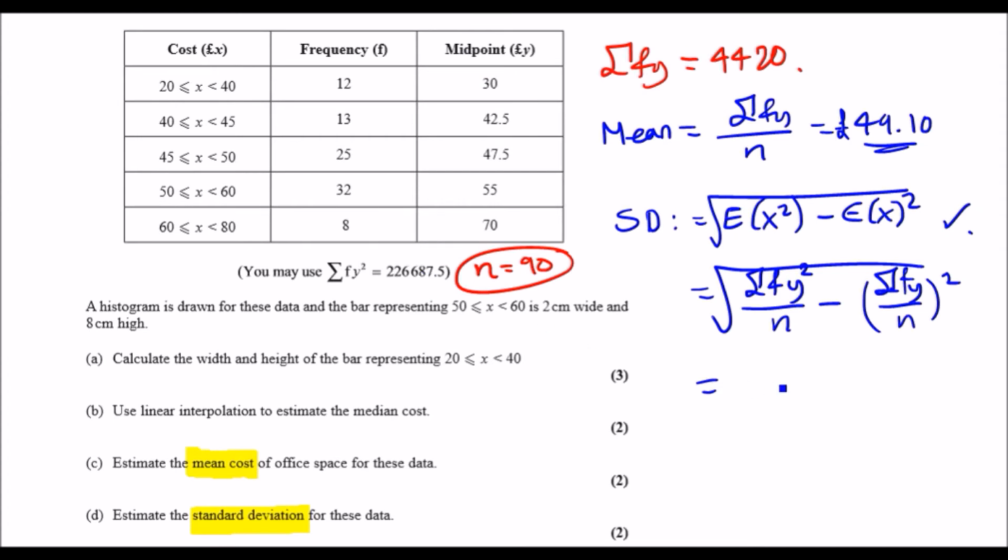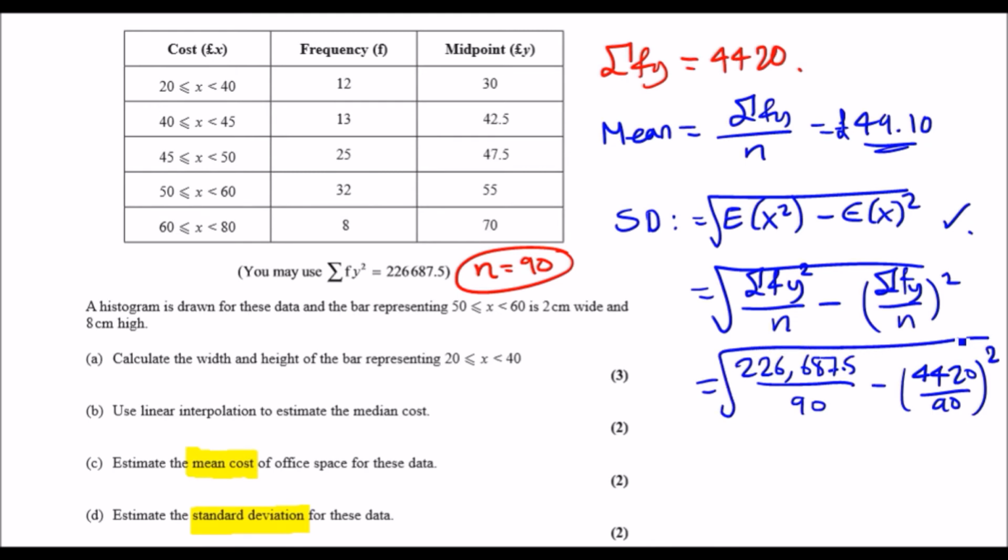So what do we have? It's a long one. In your calculation, it would be 226,687.5 over n, which is 90, minus the mean, so it would just be your answer squared. The mean as a fraction was actually 4420 over 90. Let's just keep the whole thing, 90 squared. Sometimes it's better to have exact answers. So do that in a calculator and you should get something decent. I'm going to quickly calculate. 226,687.5 over 90 minus the mean squared. And my standard deviation was,